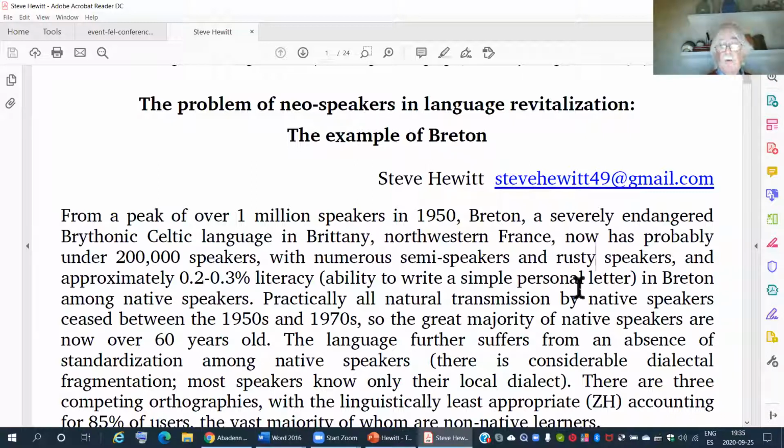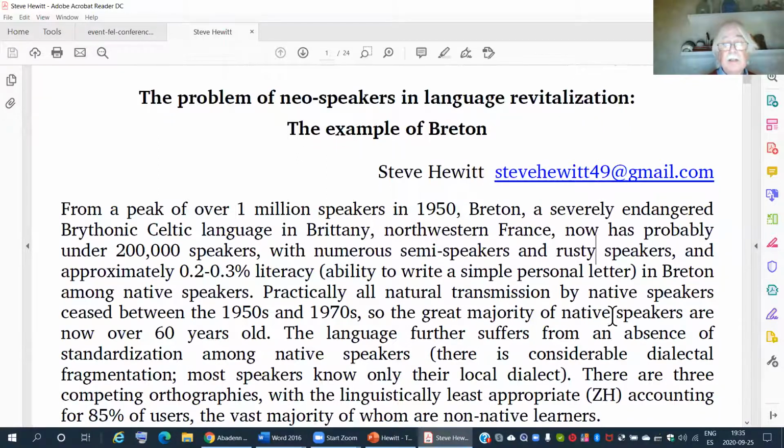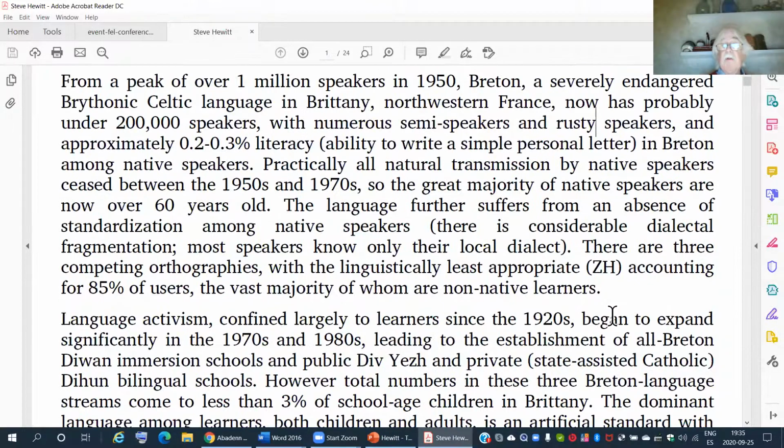Practically all natural transmission by native speakers ceased between the 1950s and 1970s, so the great majority of native speakers are now over 60 years old. The language further suffers from an absence of standardization among native speakers. There's considerable dialectal fragmentation. Most speakers know only their own local dialect. There are 3 competing orthographies, with the linguistically least appropriate, ZH, accounting for 85% of users,